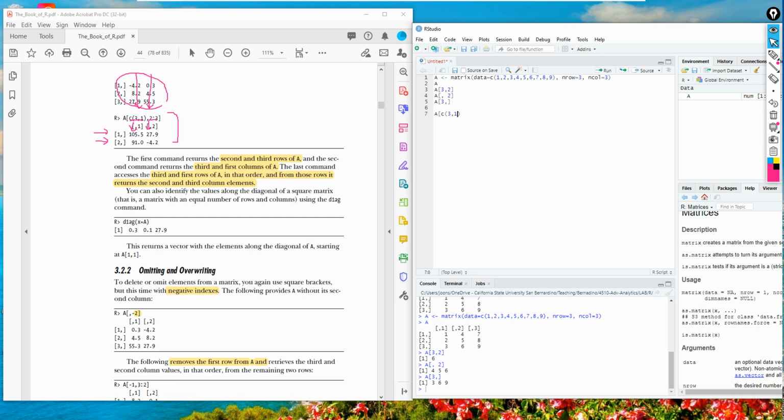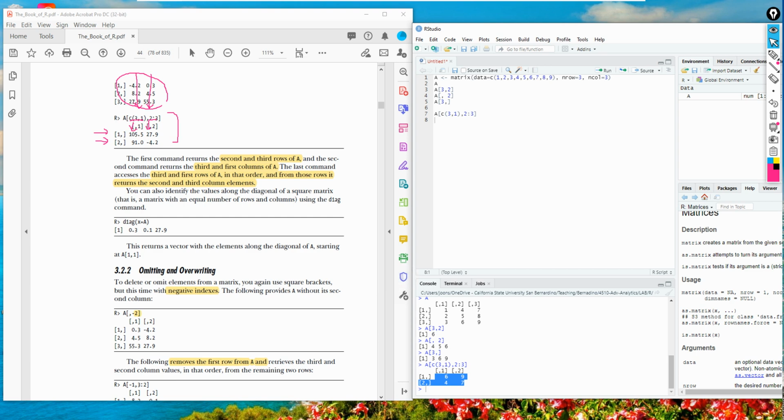That means the third and the first row. And then this means the second and third column, because the starting number is 2 and the ending number is 3. So obviously it's the second and third column. So let's close and run. Okay, so it's a 2 by 2 matrix.